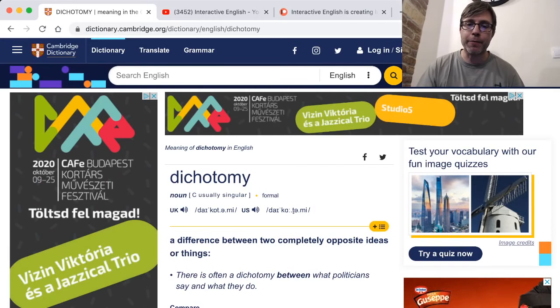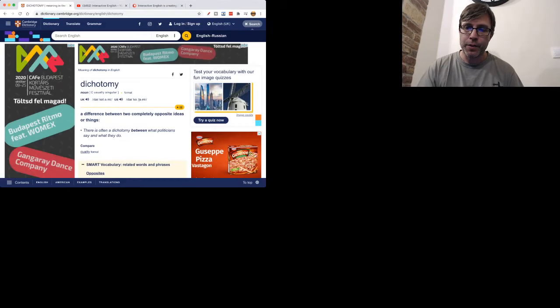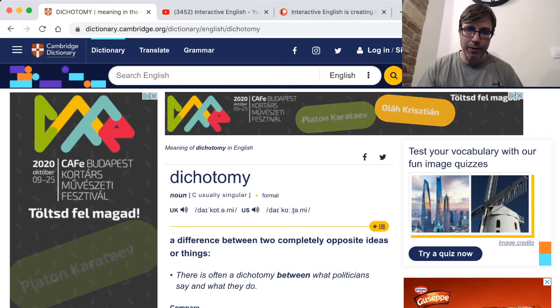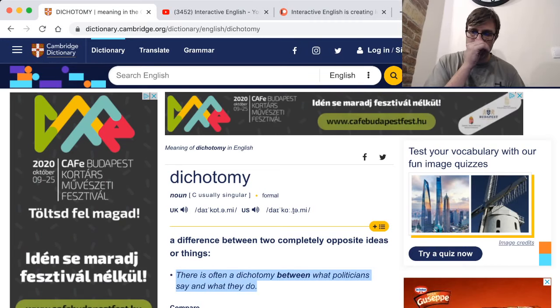It's talking about the difference between two opposing ideas. If you're unable to follow that explanation, try to put it in context. They give you this example sentence: there's often a dichotomy between what politicians